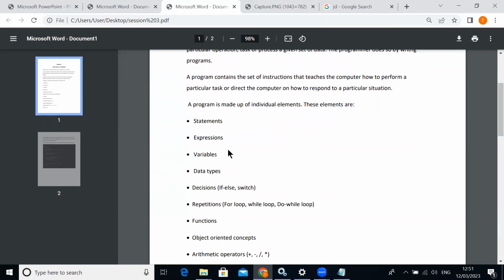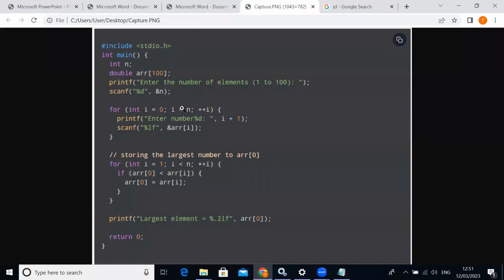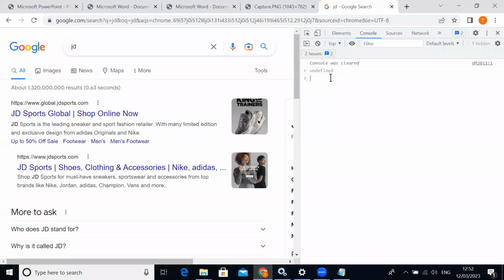What is an expression? When we are programming, or when we are writing a program, which part of a program is called an expression? We said that this program is made up of different elements. We have variables here, we have a lot of statements here, and we have expressions inside. So which part of the program is an expression? Expressions are basically